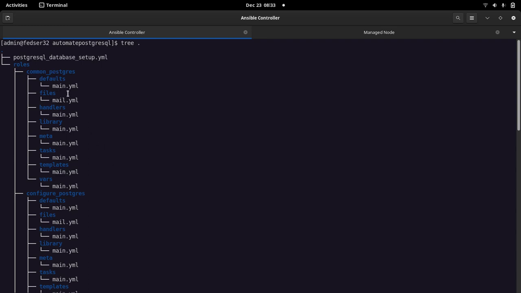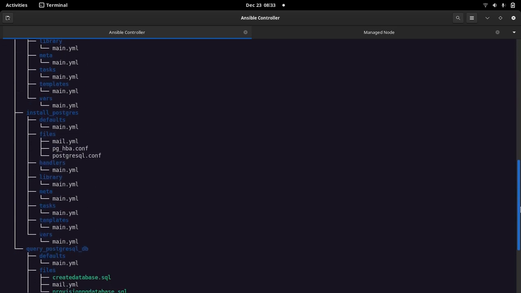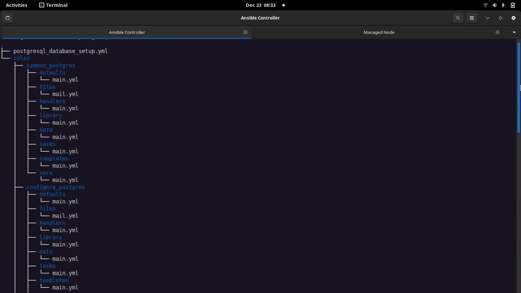And under the subfolders we need to create the main.yaml file. So this is the folder structure.